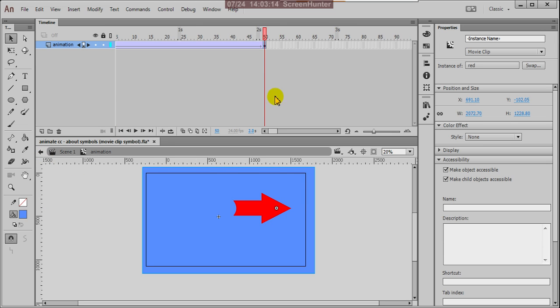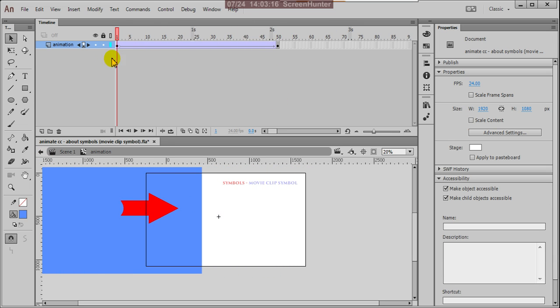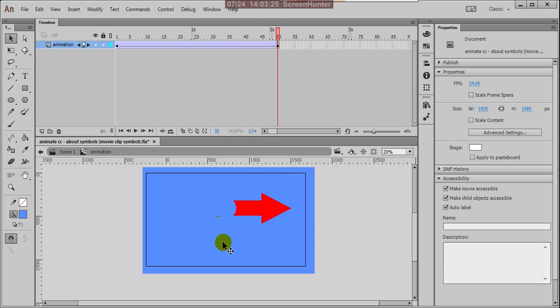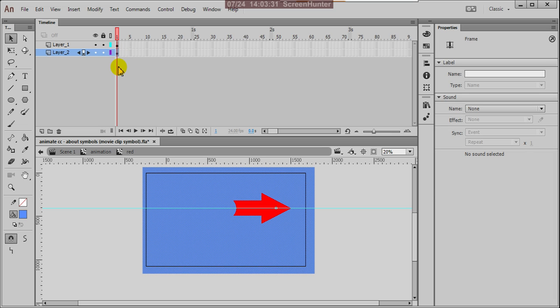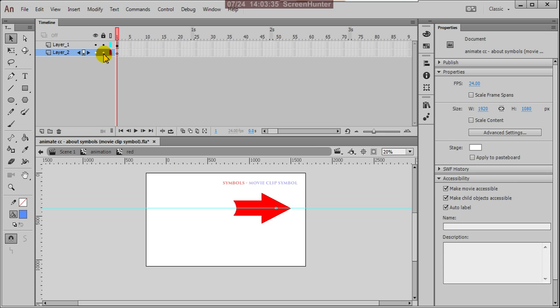Look, see here, the whole thing is moving actually because it is in animation. Otherwise, here you can press Control X to cut that frame.